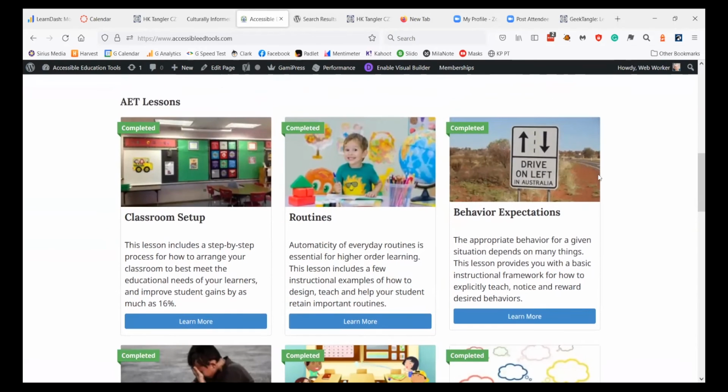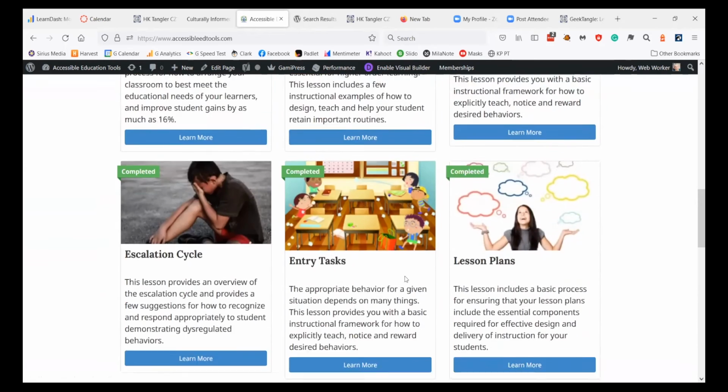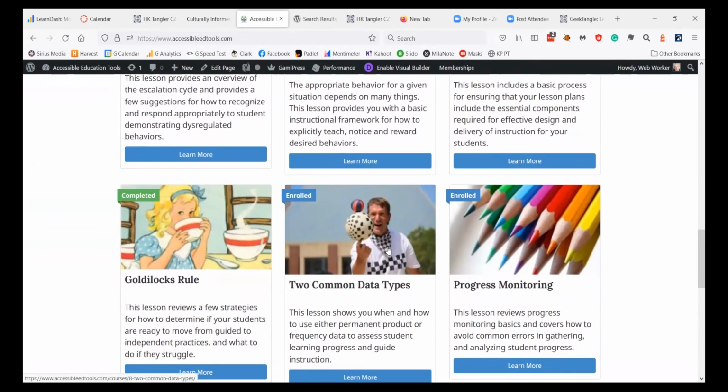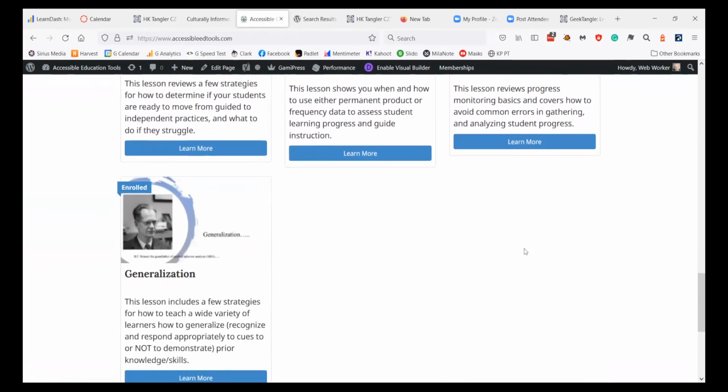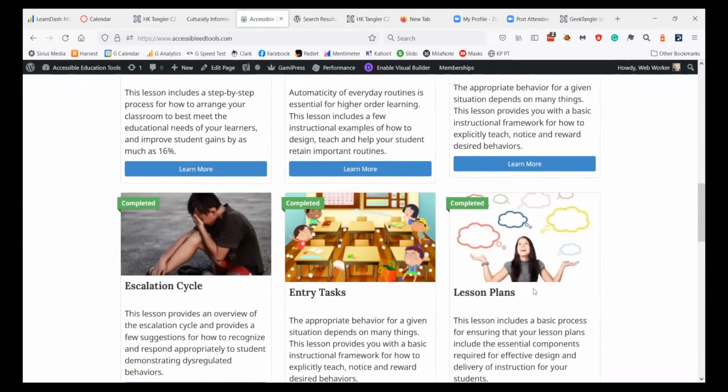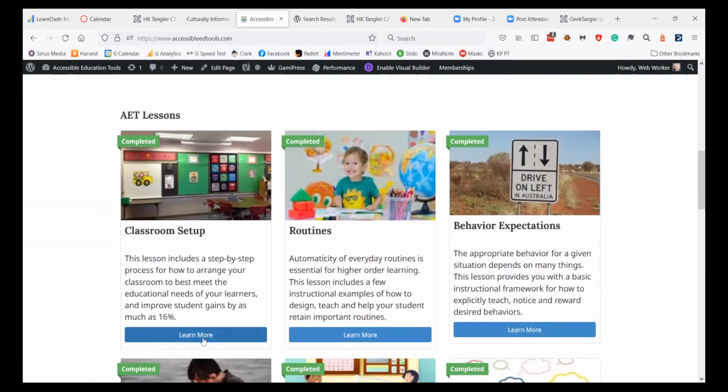So now that I'm logged in, I can see which lessons I have completed and which ones I'm enrolled for, basically I haven't completed yet. And if I look at one of the ones that I have completed,